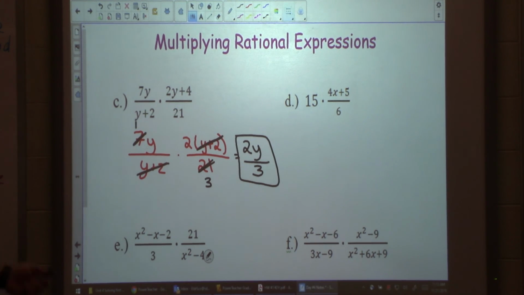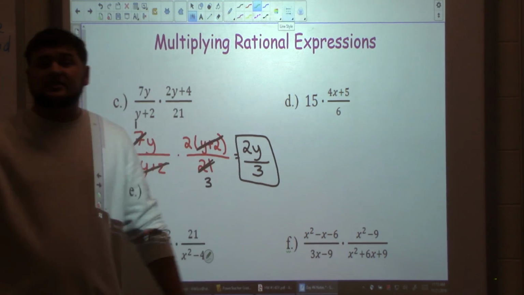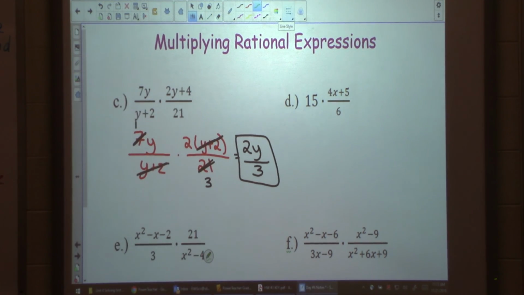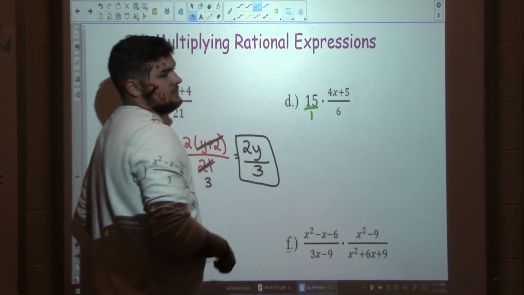Put a 1 underneath. Put a 1 underneath it, right? I don't have two fractions right now, but I know 15 is the same as 15 over 1. So